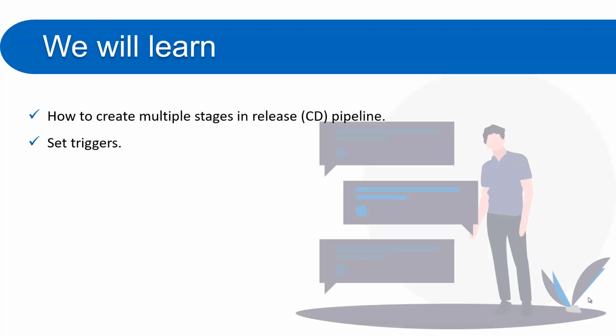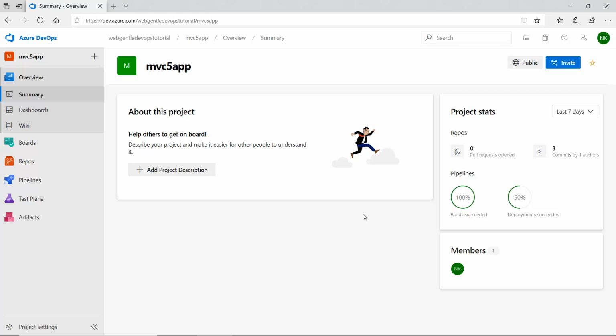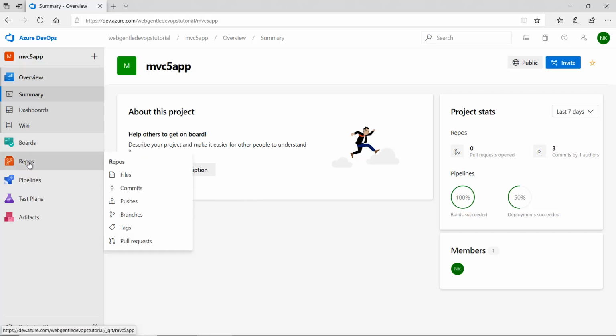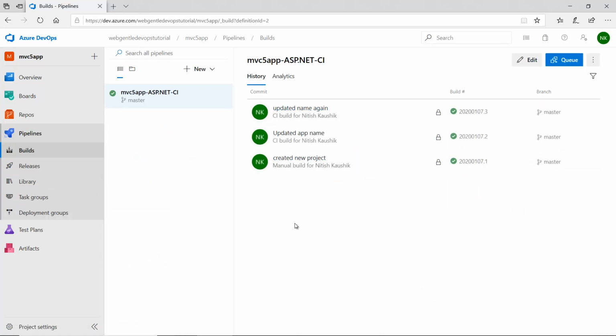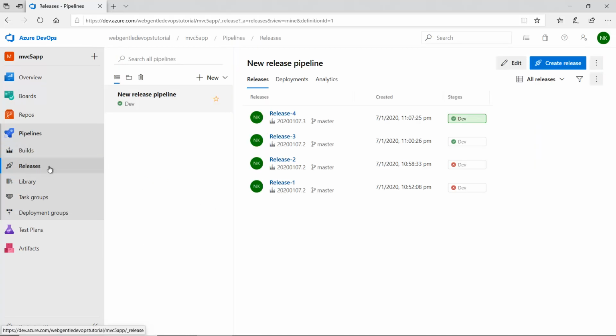For that I have to open my Azure DevOps portal. This is the project that we are using in Azure DevOps for the build pipeline and release pipeline. Just quickly, for the recap, I would like to show you that we have a build pipeline. This is the build pipeline, it is working fine. Then we have a release pipeline, and by using this release pipeline we have deployed our code on a virtual machine. If you would like to see the details of this release pipeline, then we can go here and click on the edit button,